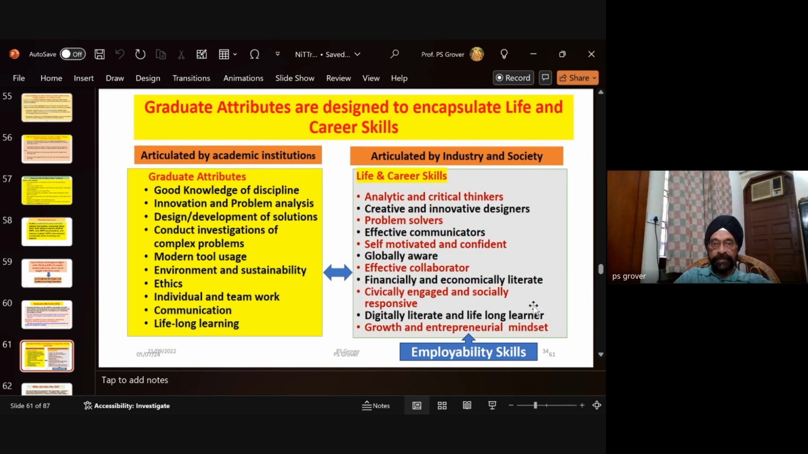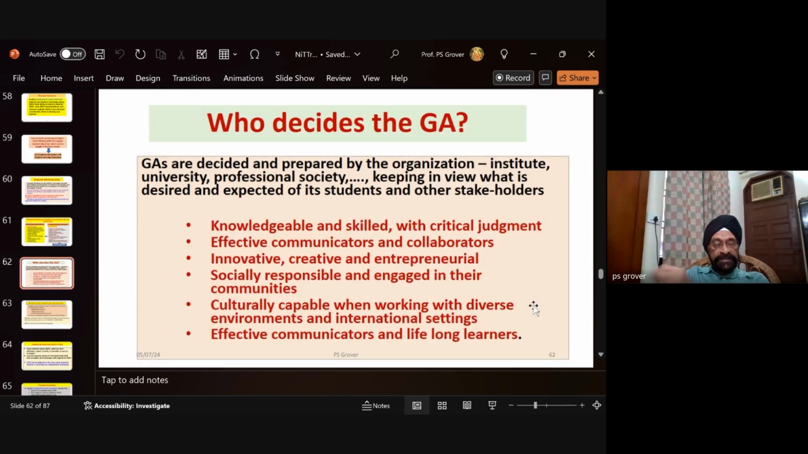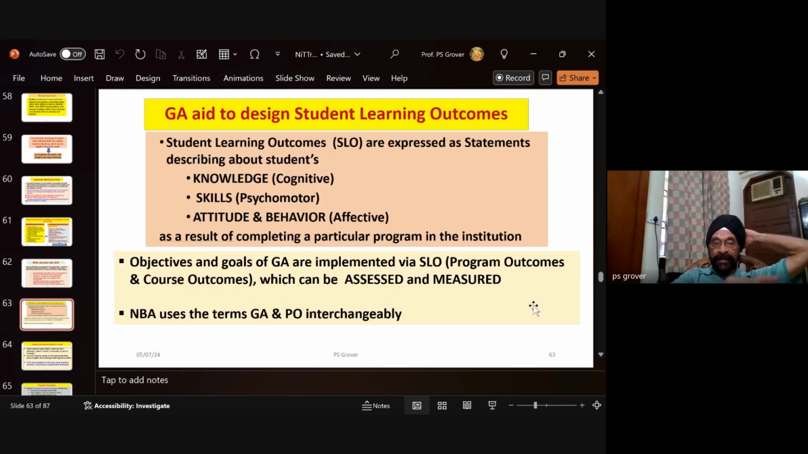ये मैंने शेयर किया था आपसे। देन हू डिसाइड्स ग्रेजुएट एट्रीब्यूट्स? It is you, faculty and the institution. They decide what kind of graduate you want, what kind of employability skills you want your students to be imbibed. Now, यहाँ पर आपके ग्रेजुएट डिज़ाइन टू स्टूडेंट लर्निंग आउटकम्स हैं। उसने क्या लर्न करना है, क्या नॉलेज देना है, कैसे स्किल देने हैं, क्या एटीट्यूड देना है।